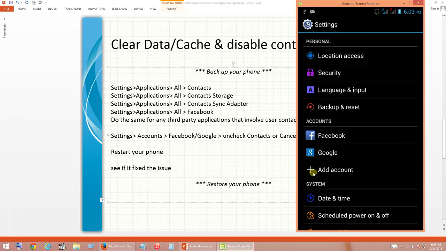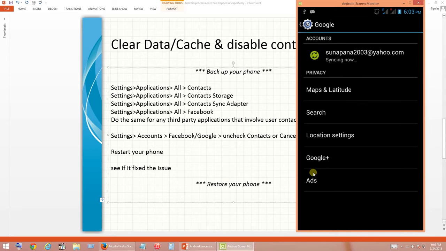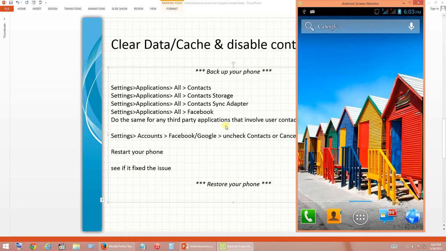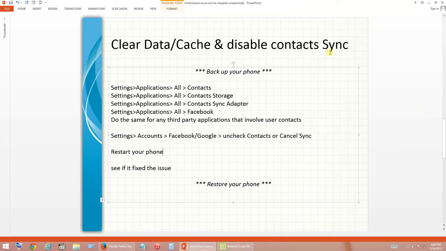Choose your account and go to the menu option. There you can cancel your sync option, or if you have an option to uncheck the contact sync feature especially, you can do that as well. After following these two steps, clearing out cache and data and disabling contact sync, please restart your phone and see if the issue is fixed.